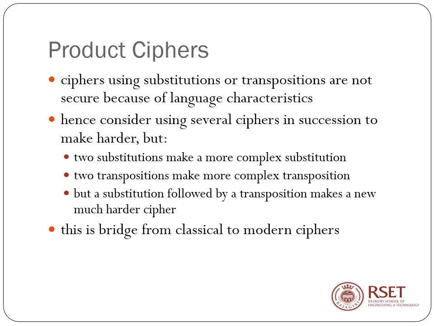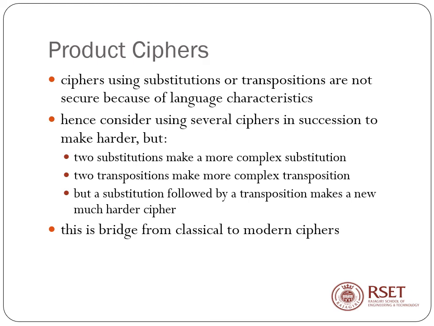Similarly, you have product ciphers also. Ciphers using substitutions or transpositions alone are not secure because of language characteristics. So several ciphers in succession make it harder. That is, you will be combining 2 substitutions or 2 transpositions, like the double columnar I mentioned before, or combining a transposition followed by a substitution technique, or vice versa. So using a single technique won't suffice. To increase the strength of the cipher, you might be combining multiple techniques, or multiple schemes of the same technique, multiple substitution or multiple transposition, or a mix and match of substitution and transposition.